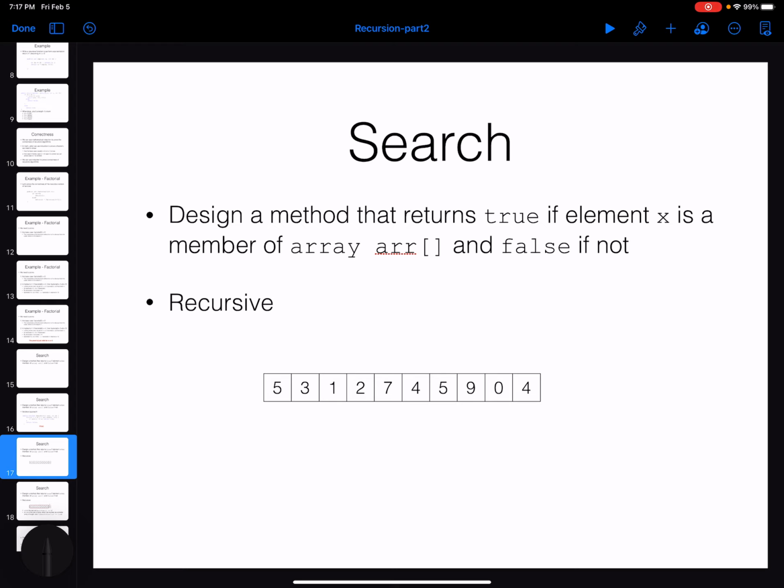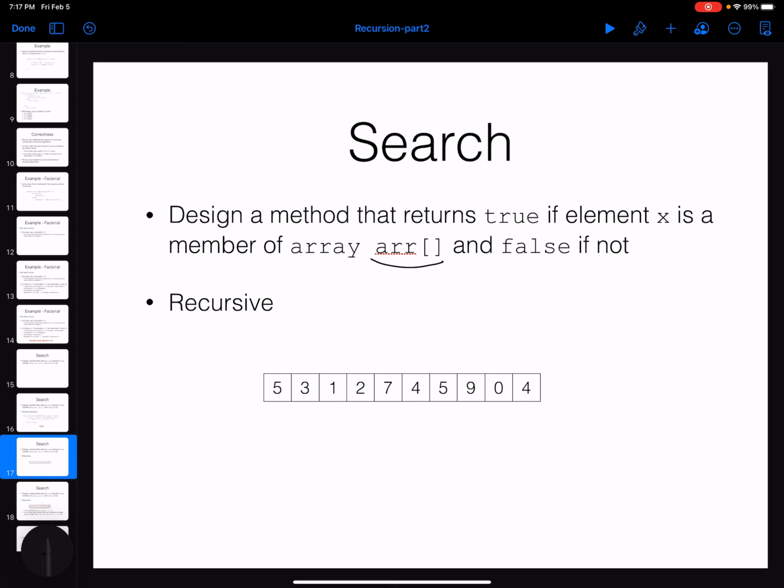Okay, so the recursive idea here is that I would like to find some way to create a problem of the same type, which is going to be a problem of searching for an item, but of a smaller size. What is the size of this problem? The size is going to be the size of the array. So when I'm creating a problem of a smaller size, I should make the size of the array smaller. This is the way that you should approach this type of problem: define a smaller